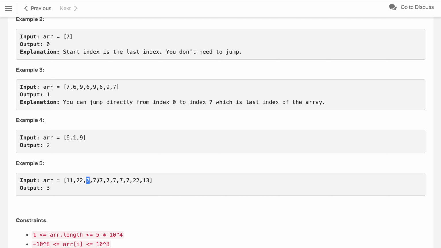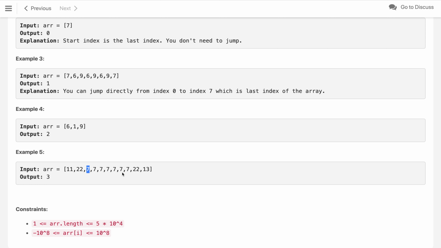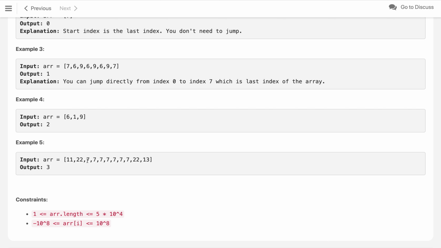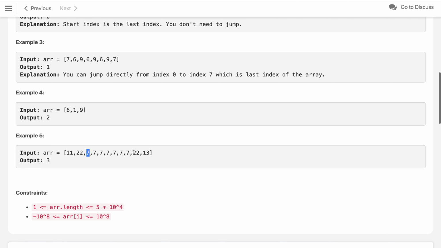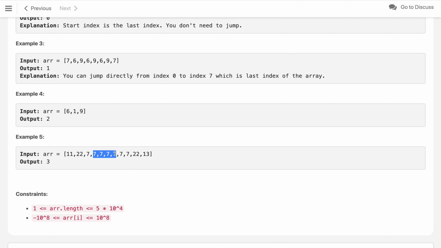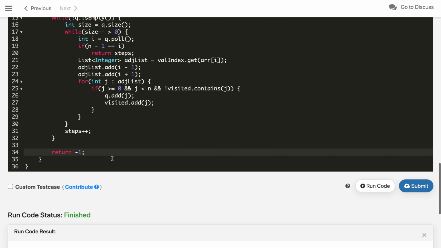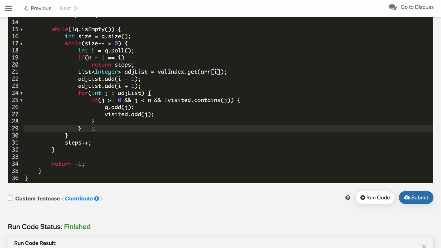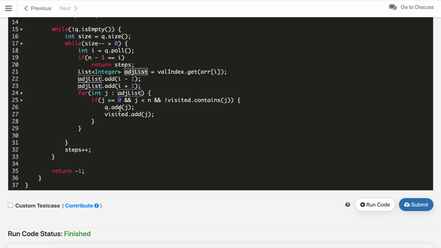This creates unnecessary calculation which we don't need, because we have to find the minimum number of steps to reach the last index. So here we will add an extra step: once we process this list for a particular vertex, we will clear it afterwards, to stop repeated calculations.